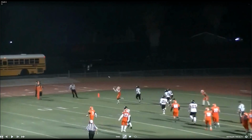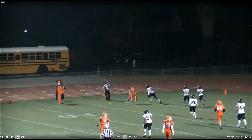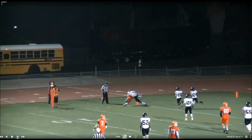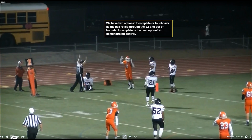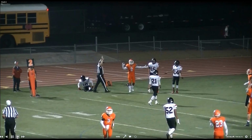Now I'm going to go back here and slow-mo this so you can see. You know, we don't get a great look at this, but that looks like a reception, right? And he extends. Now we can't see what happens right there, but the ball's out, and so if we rule here that that was a reception and a fumble through the end zone, then we have a touchback for the defense. The defense is going to be B's ball on the 20-yard line and no score. Steve says probably, best case scenario here, you rule that it was an incomplete pass and didn't demonstrate control. Of course, the receiver wants a touchdown, but